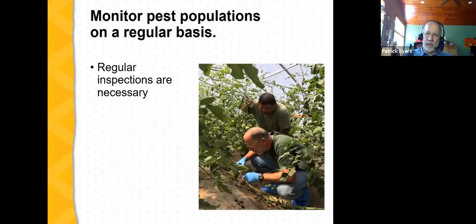Again, regular inspections are necessary, and here you can see an extension specialist looking at the soil in a tomato house. And what we're actually identifying in this picture is southern blight. I'm looking at the base of the plant, at the soil near the base of the plant, looking for those fruiting bodies of the southern blight fungus. You can't see it, but in my other hand, I have a 10x hand lens, and this can be a very useful diagnostic tool to help you look beyond just your normal eyesight for signs and symptoms of disease. And again, regular inspections are necessary. This is something you should be doing on an ongoing basis whenever you're working with your plants.